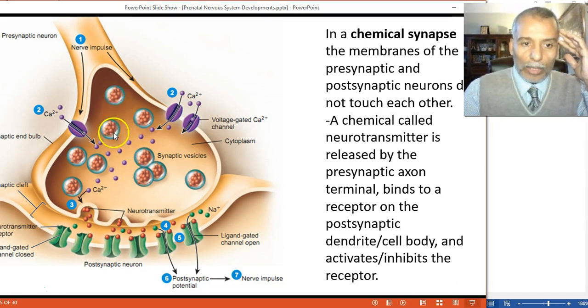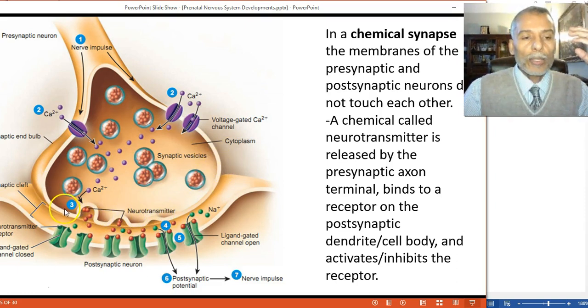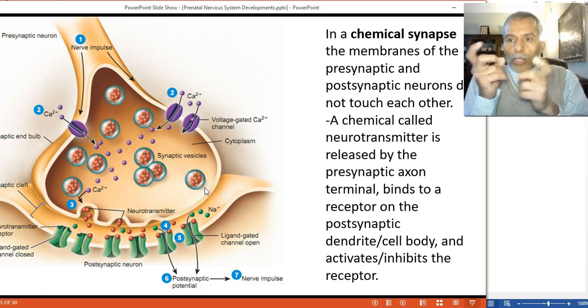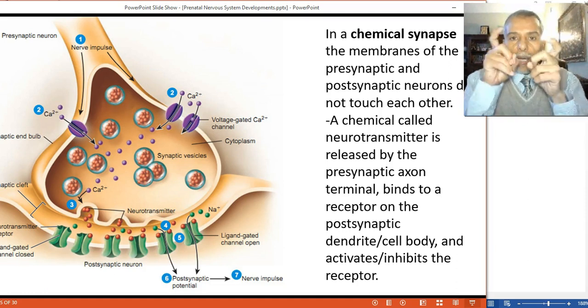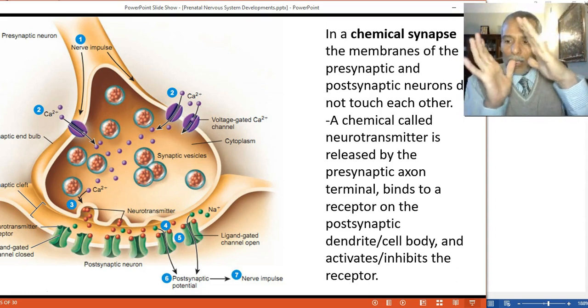And when the electric charge, the firing, is coming down to this area, it is going to also drive these vesicles closer to the walls of the membrane of the synaptic terminal. Once it reaches there, it touches, and little hooks called synaptic snares come out and just clutch onto it